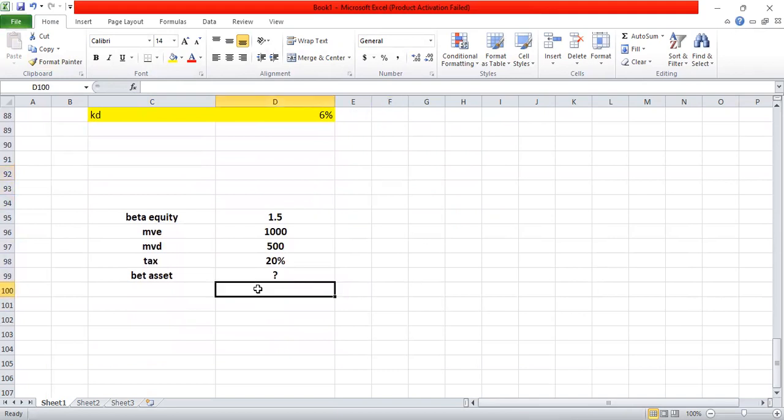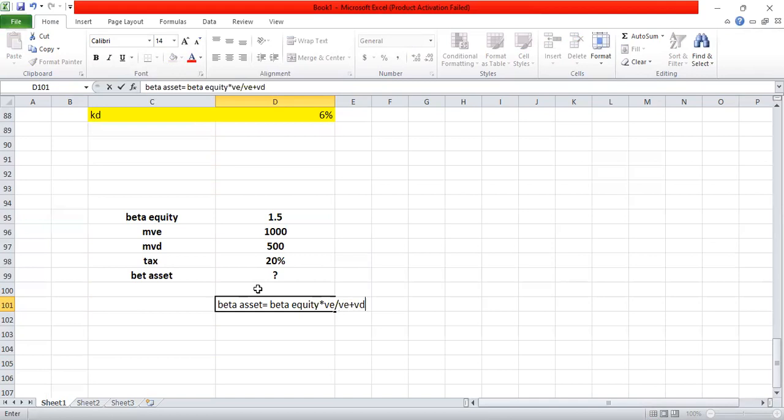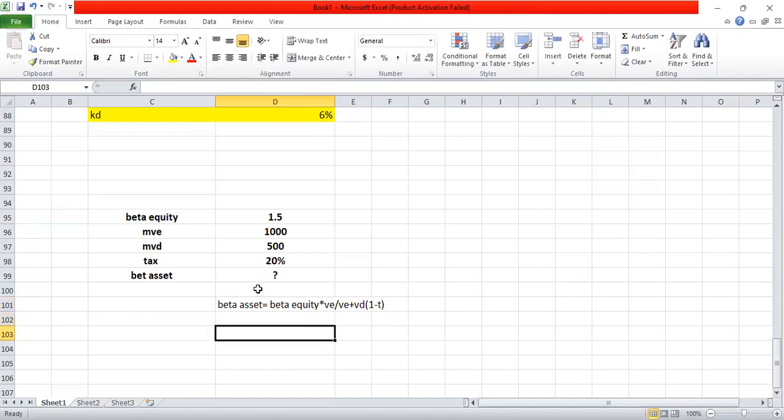The equation I am putting here: beta asset is equal to beta equity multiplied by value of equity divided by value of equity plus value of debt into 1 minus t. This is the formula, the main formula. Just put on the figures. We have to find beta asset. The beta equity is this one. Multiply by the value of equity